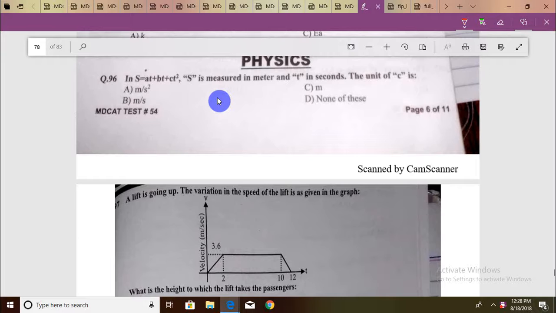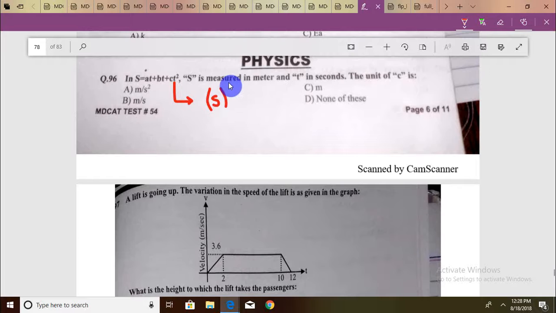You have to realize that when we're adding stuff up to form a total value, each individual term being added together ought to have the same unit. Because we know S is in meters and this is simply seconds, so it's seconds square,